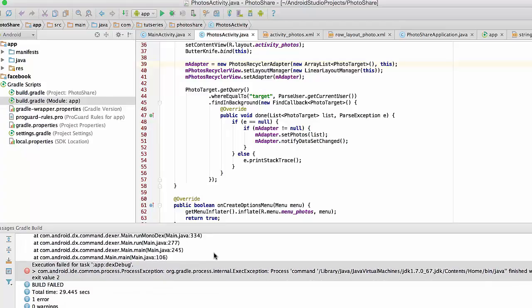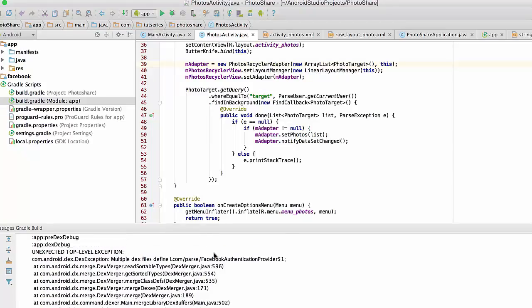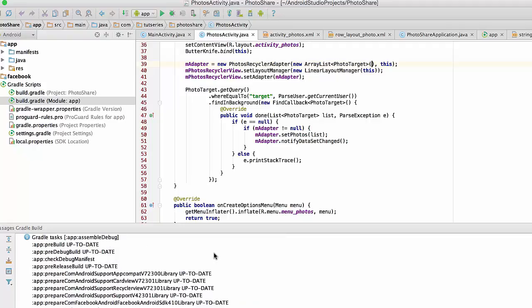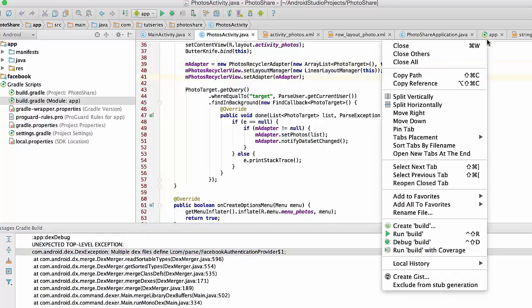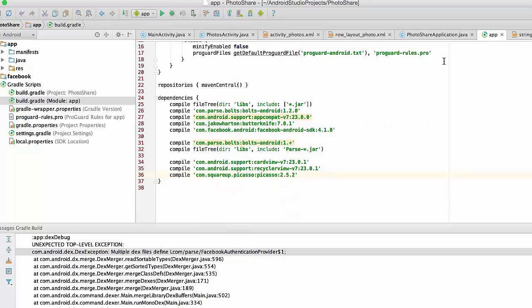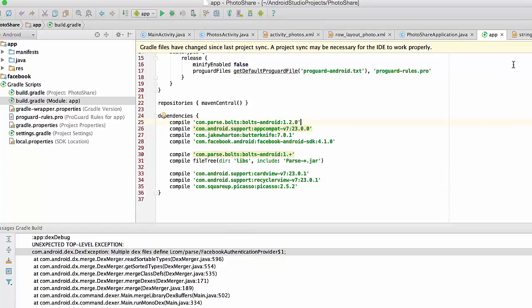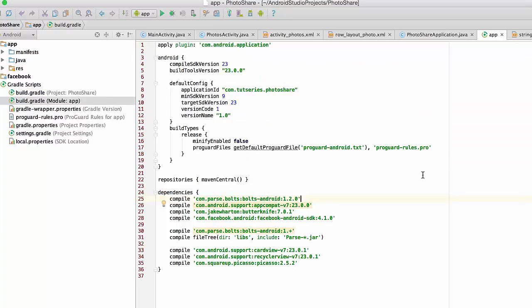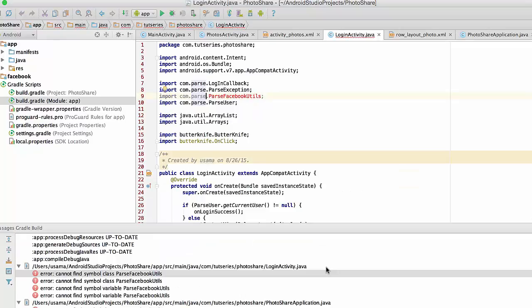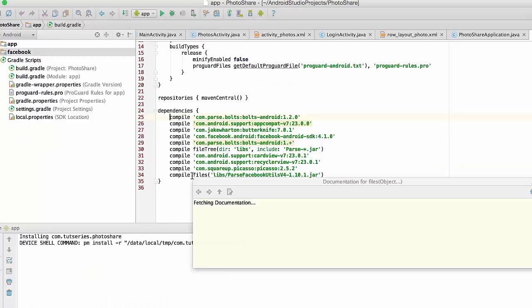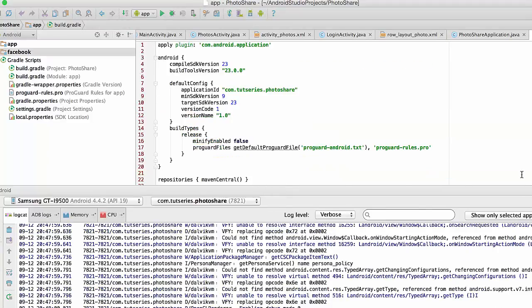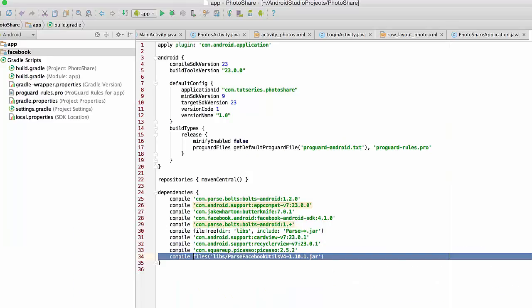So now let's see here. We're getting an error here. So multiple. Okay, so let's check this out really quickly. So what's going on? I believe we don't need that right there. Let me try running again. Okay, so I ran again. The issue was that I just needed to add in the Facebook library, or the ParseFacebookUtils, as a separate jar. Okay, so now I'm going to hit view photos,